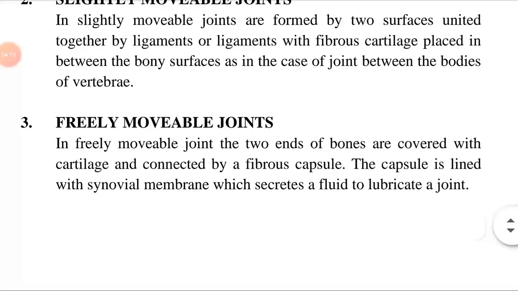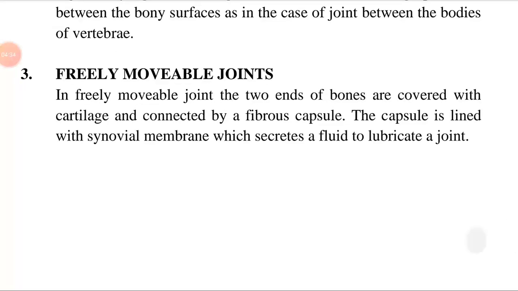Freely movable joints means the entire joint is enclosed inside a membrane filled with lubricating synovial fluid, which helps to provide extra cushioning against impact. This is known as freely movable joints. In freely movable joints, the two ends of the bones are covered with cartilage and connected by a fibrous capsule. Means the two ends of the bones are connected with cartilage and associated with tissue such as that surrounding the